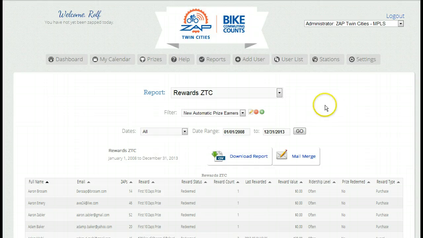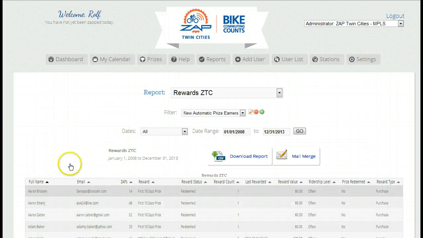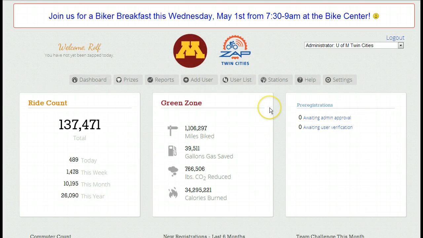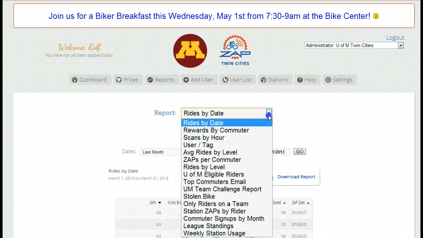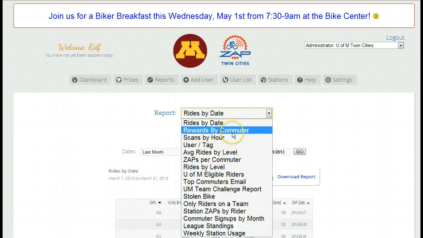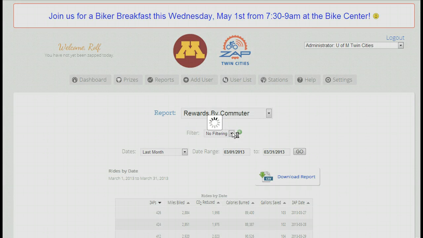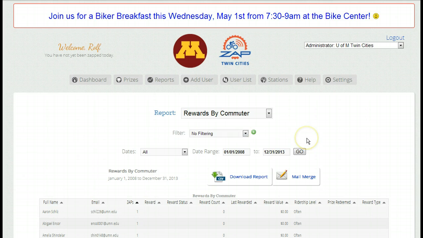Then we're going to go to the University of Minnesota, and I'll show you how they do theirs. They've got a report where every month they reward new users. They reward 200 people with new gift cards, and they want to call out anybody who has received a reward that year, so that they're using a fresh batch of people that they're giving rewards to. In this case, they have the report called Rewards by Commuter, and then they have a Disclude Previous Winner filter,